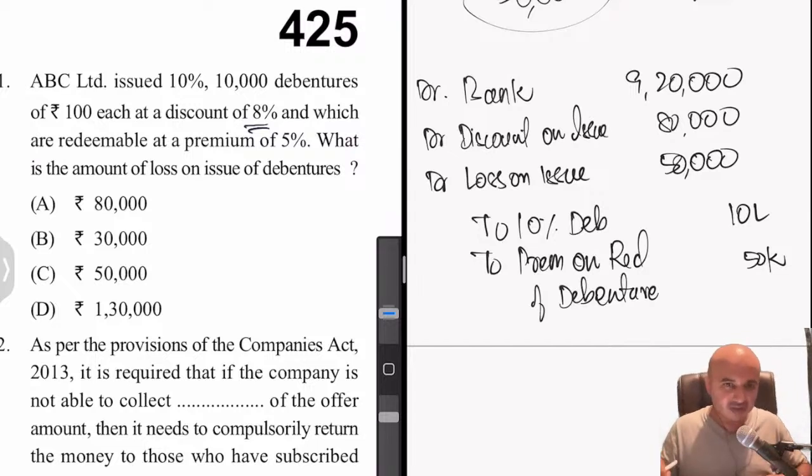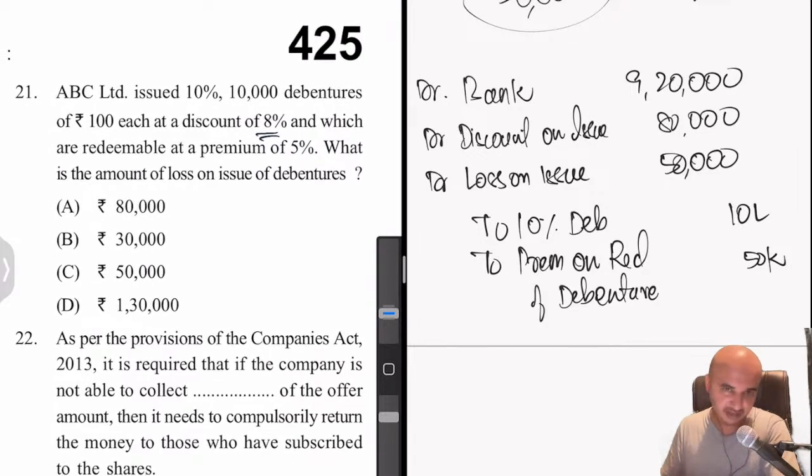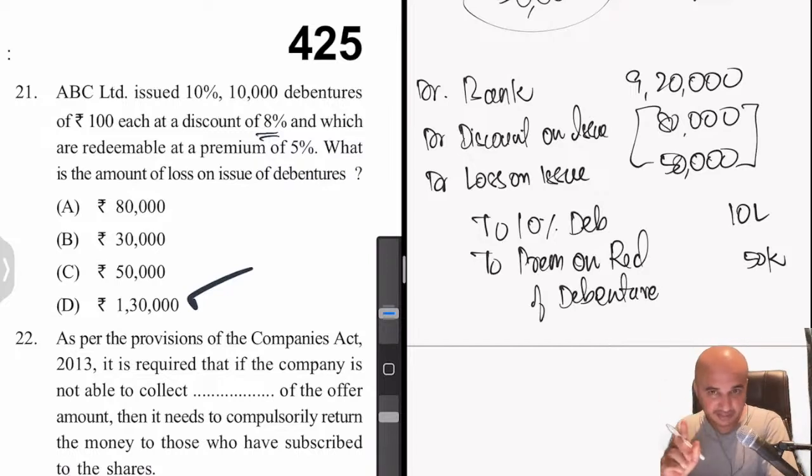Now if you look at the loss here, strictly speaking, the loss which the company is actually incurring is only to the extent of how much? 50,000, no? But if you look at the guideline answers, they have very clearly mentioned it is 1,30,000. Basically, they have considered discount also as loss. In the material, this is what the institute does. But in the exam, they ask a completely different question, which is wrong. But they have done.